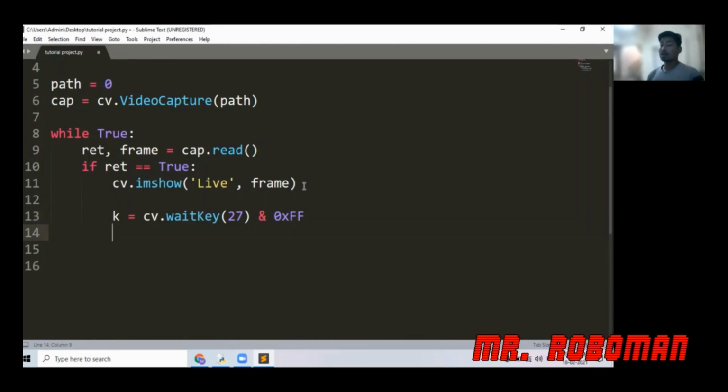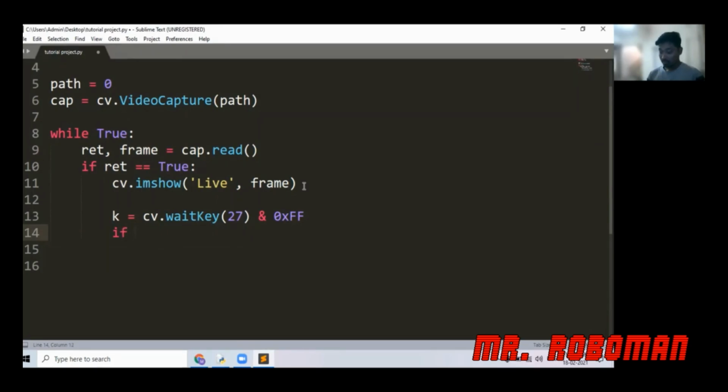So this is a waitKey command which allows us to run this code with key scanning over different time frames. It also allows us to give input from our keyboard. So I can easily give input from my keyboard to this code. So let's start and write a simple code.